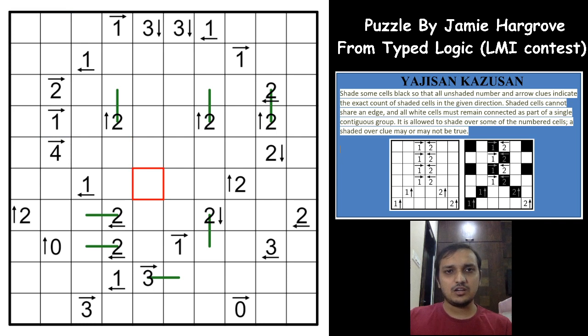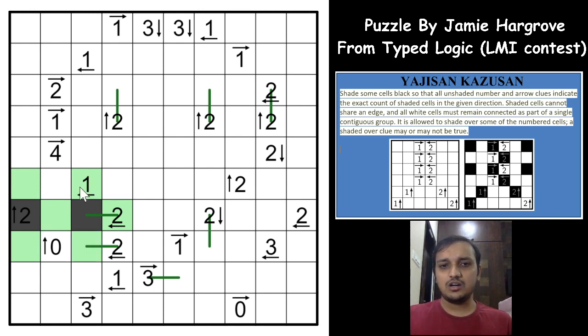So let us come back to the puzzle. Now let us see what we can get here. There is a tough trick here to start. Let us assume that this 2 is a true clue, and let us shade this cell. If we shade this cell, this one has to be unshaded, which means that there are 2 shaded cells in that direction, and the adjacent cells also have to be unshaded, which means that now 1 is true and we need to shade just the remaining cell. Can this 0 be shaded now?